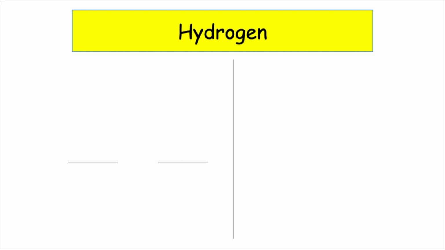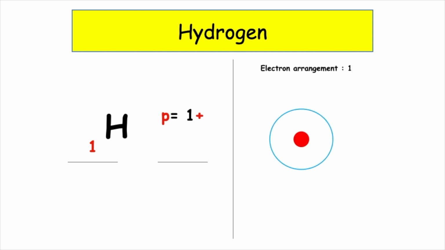So let's take hydrogen. The chemical symbol for hydrogen is H. The atomic number is the position of the hydrogen in the periodic table, which is 1. Protons are positive, so have a 1 positive charge. If we use page 6 and write down the electron arrangement is 1, which means it's got 1 electron in the first electron energy level. If we've got 1 positive and 1 negative, it means that the overall charge is 0, which means that this